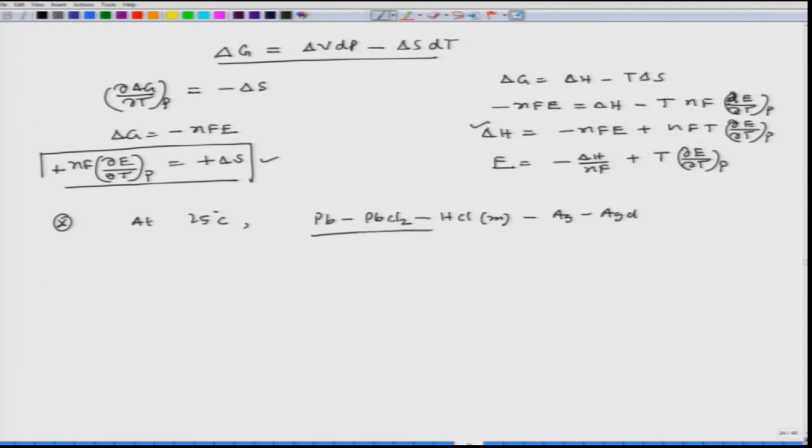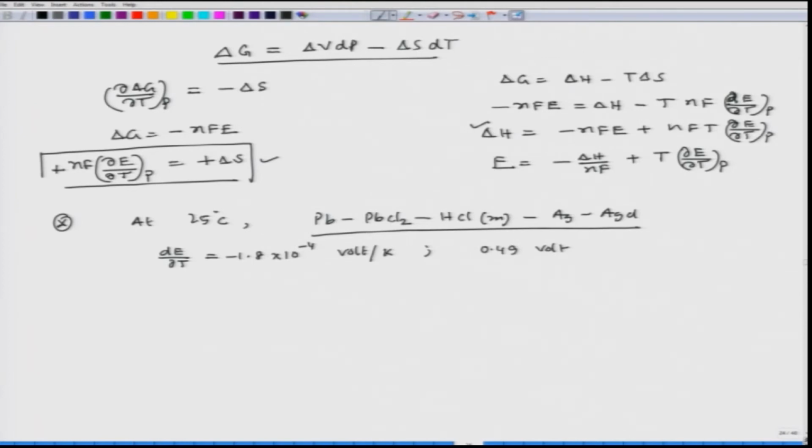So, this is the cell if I consider. Now, if these data are provided, let us say del E/del T is equal to 1.8 into 10 to the power minus 4 volt per Kelvin, and the cell potential for this cell is 0.49 volt,